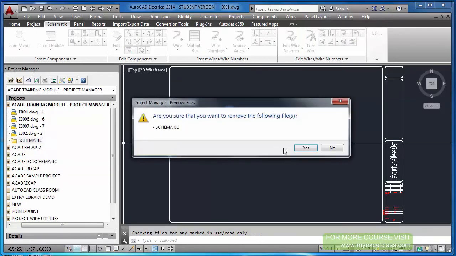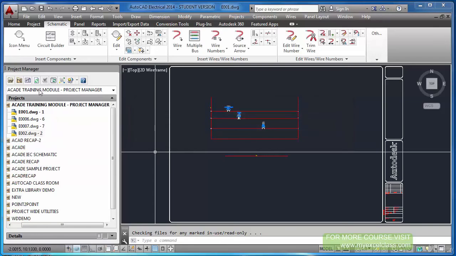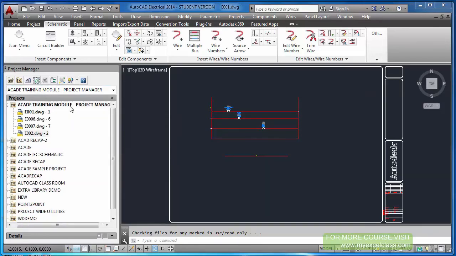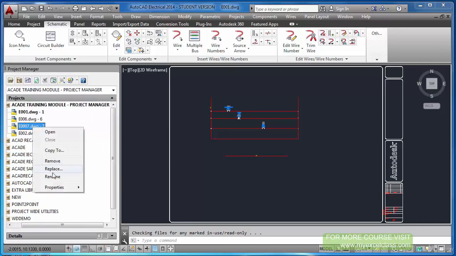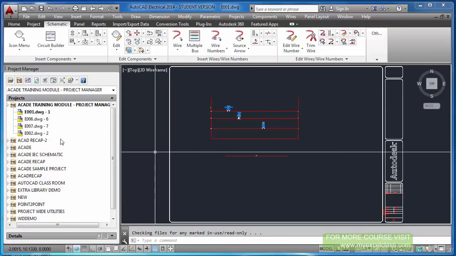Okay, this is just for your better understanding. Now I do a refresh. Now you see it is coming like E001, that is my file name, and 1 is my sheet value. In the same way, I will rename this, reduce 10, rename, reduce 10, make a refresh. See, now this is my file name and this is my sheet value. It appears here.